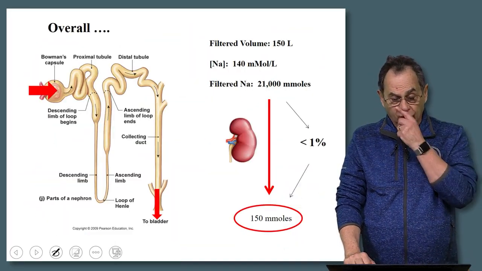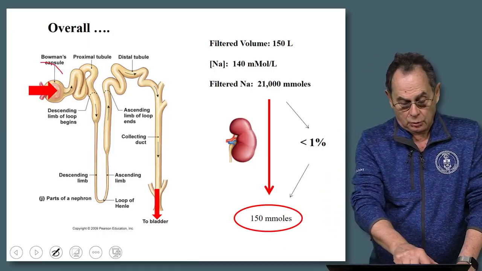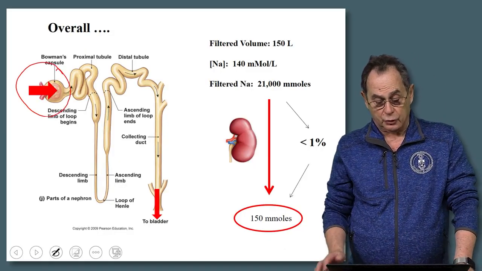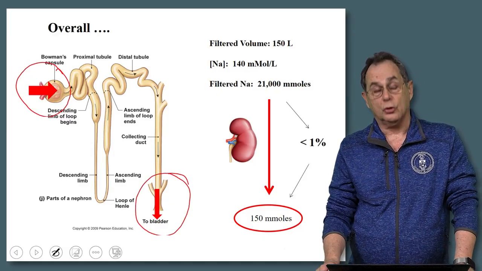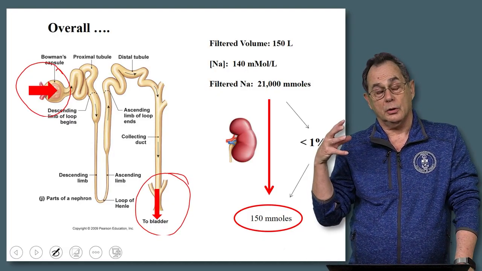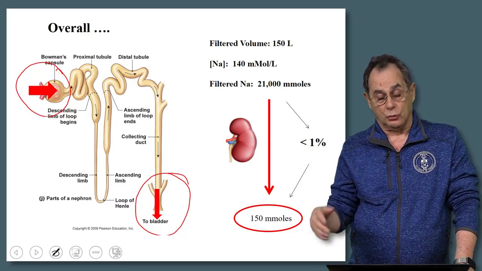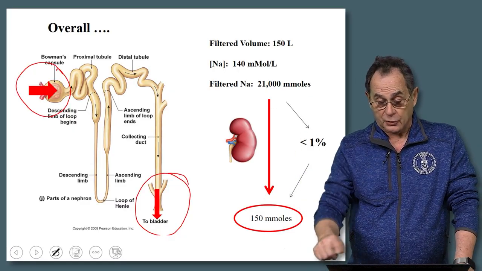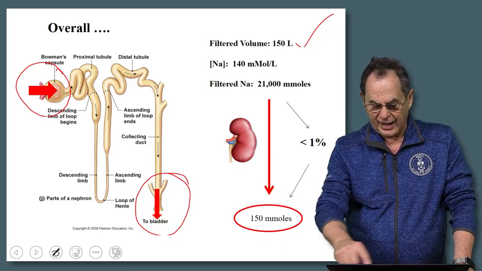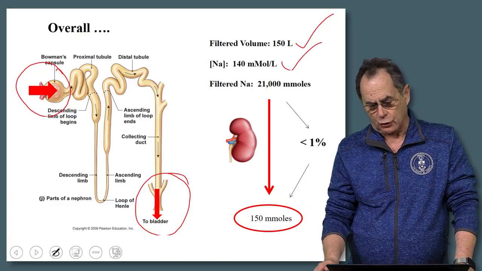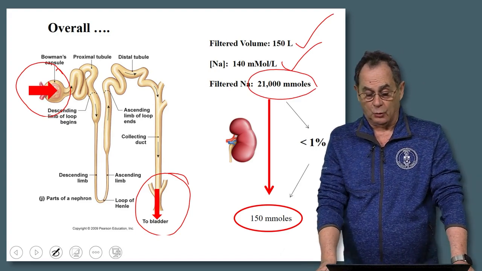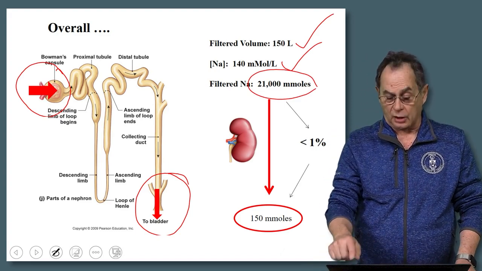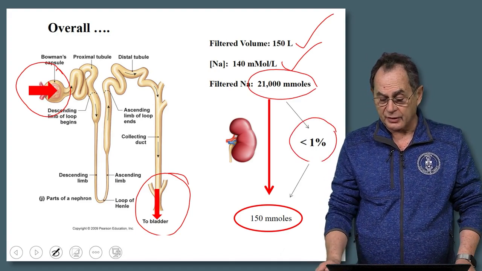So, overall, Bowman space produces an ultrafiltrate, and then of course this is the final urine that is transported into the pelvis of the kidney, down the ureter and into the bladder. So 150 liters a day, I've put 140 millimoles of sodium in each liter, and about 2100 millimoles. And the set point for you and I is that less than 1% of that is excreted,